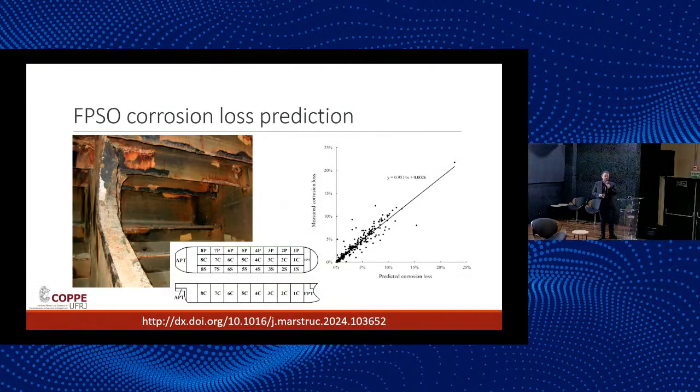In connection with the topic of Professor Murillo on corrosion, we developed some solutions on corrosion prediction for FPSOs based on the Petrobras database. The idea is, as Professor Murillo was mentioning, you cannot bring the FPSO to the shipyard. You should make the repair offshore. And it's extremely difficult to predict what will be the steel quantity and number of plates that you have to buy to replace there